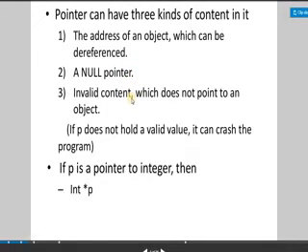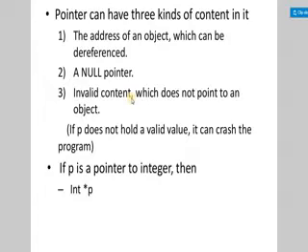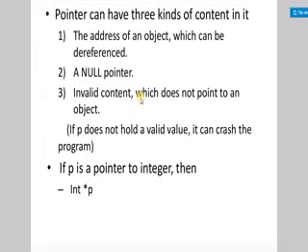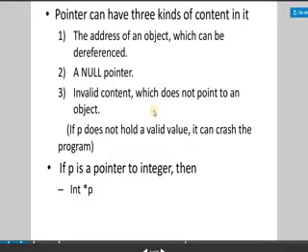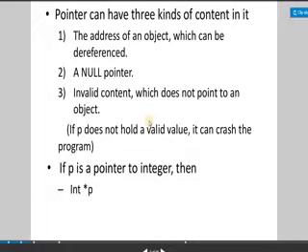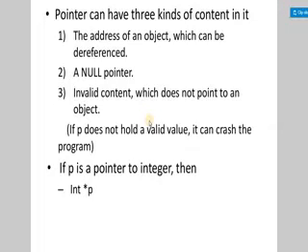Means if a pointer is not pointing to any object, we have declared a pointer variable but we have not assigned any address into this pointer variable, then by default that pointer variable will hold some invalid content, and we have to be very careful about it, because this invalid content may crash the program. So these are the three kinds of value a pointer can initially have. One is the address of any object, one is 0, another one is the invalid content.